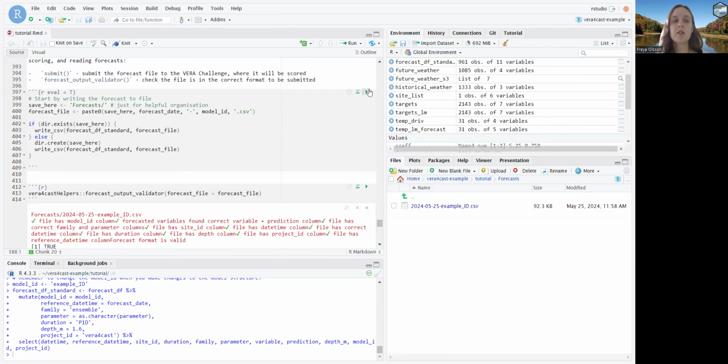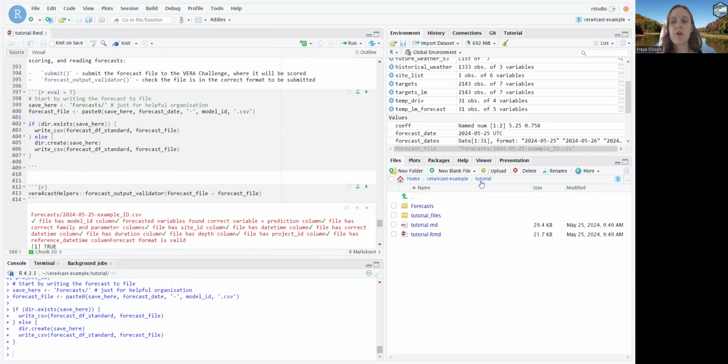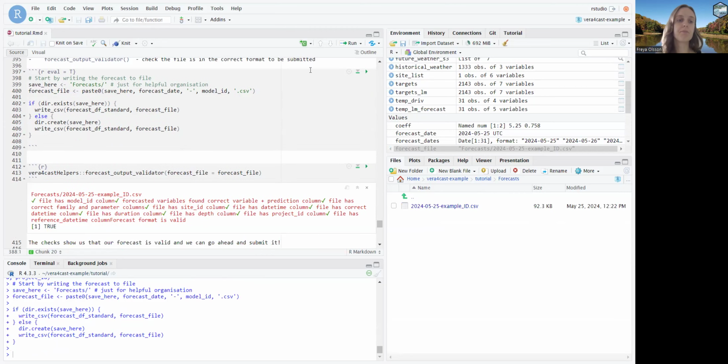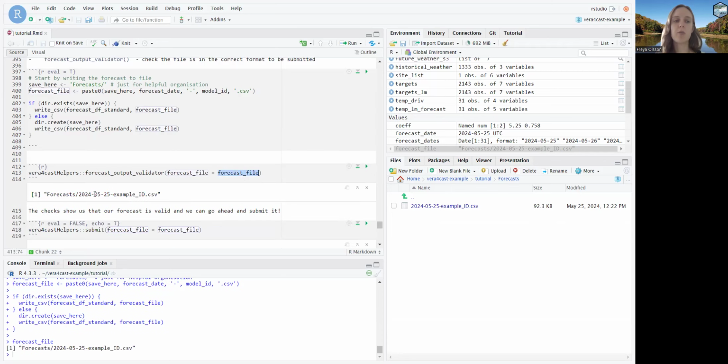We're going to save the file. This is going to generate a forecast directory that's going to include the CSV of the forecast that I just generated. We'll use the forecast output validator first. You can run this code, making sure that the forecast file includes the full file path for the file that you just wrote.